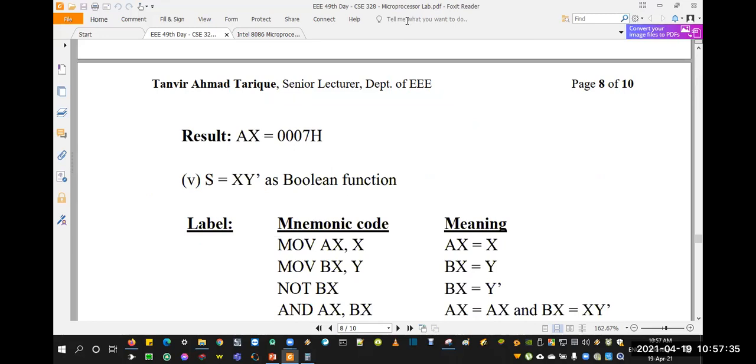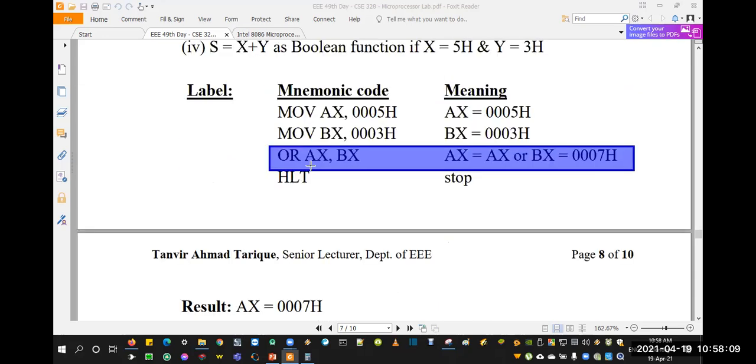And what will be the truth table of OR gate? Of course, you know what will be the truth table of OR gate, and if you don't remember, then you should remember it. You should try to recollect from your previous courses, or you can also get to know from the internet.